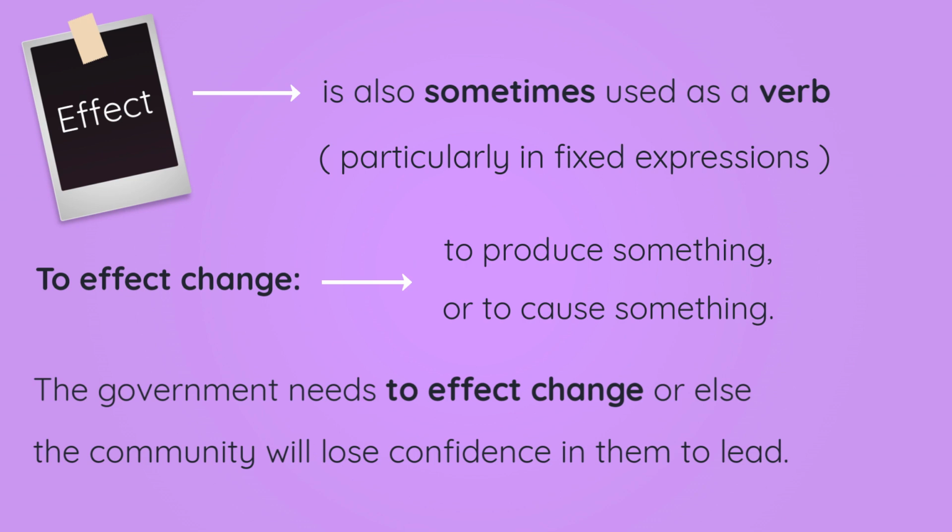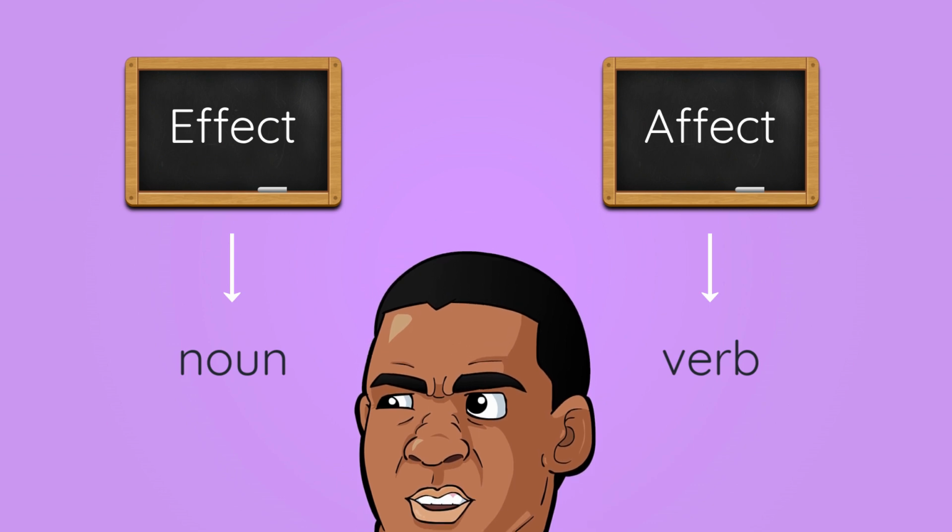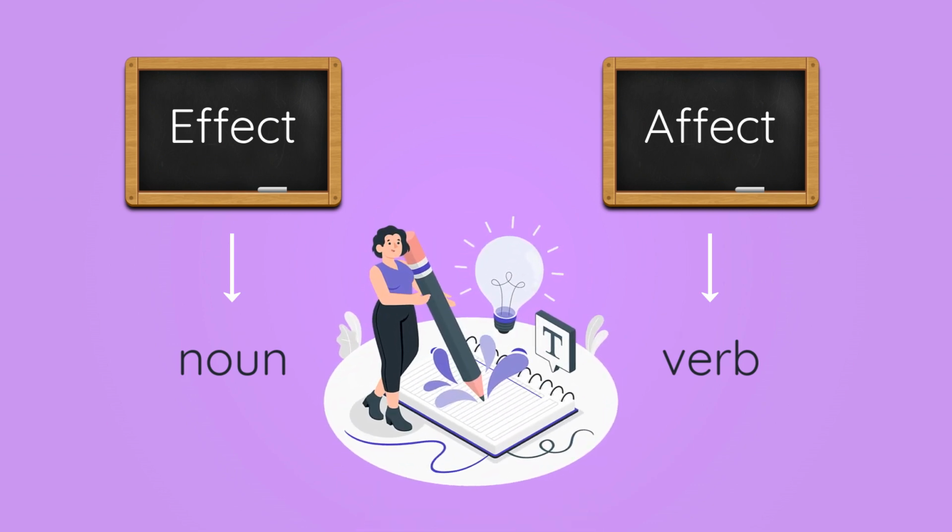But try not to get too stuck on this, okay? These words can be hard to tame for all of us. So remember that most of the time, affect is a verb, A for action. An effect is a noun, most of the time. Although these words are tricky to master, I hope that I've given you a couple of helpful tips to improve your grammar when you're writing, whether you're learning English as a second language or if you're a native English speaker who needs to brush up on some of that grammar.